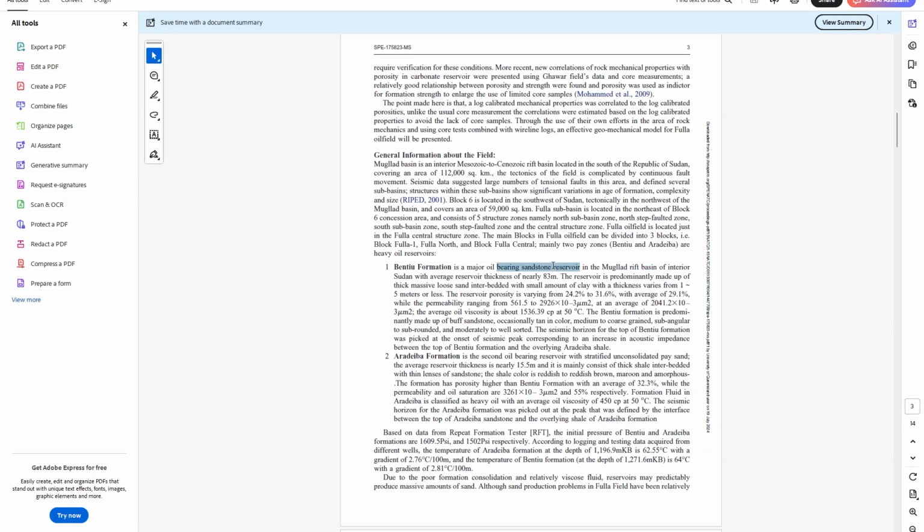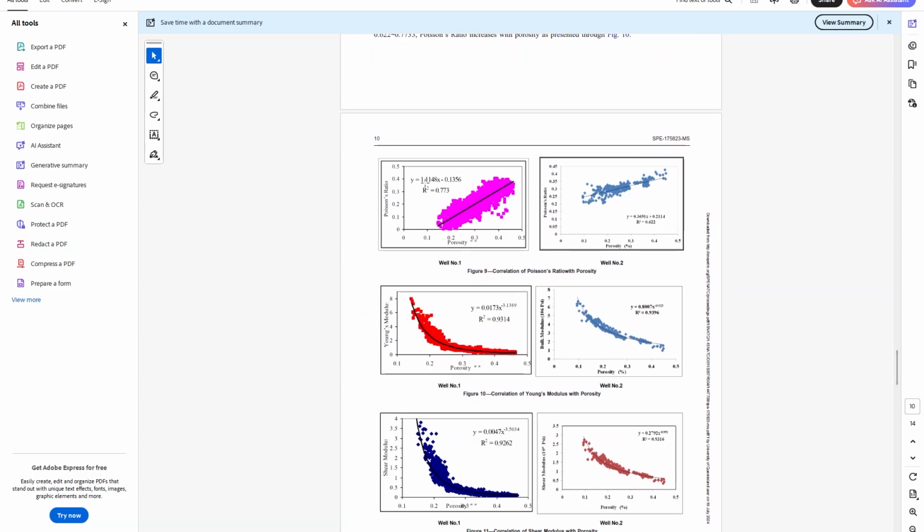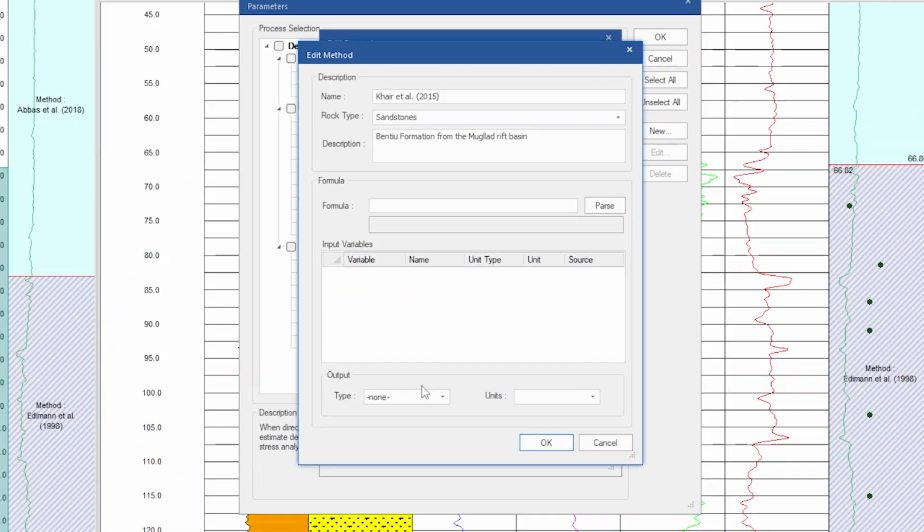It applies to sandstones, so we enter this information in the description. And the equation, as described by the author, can now be entered in the window.